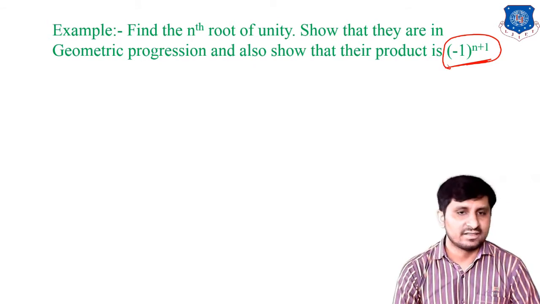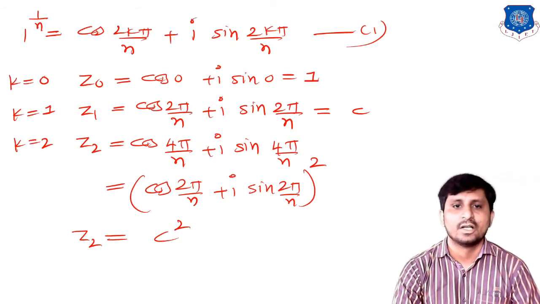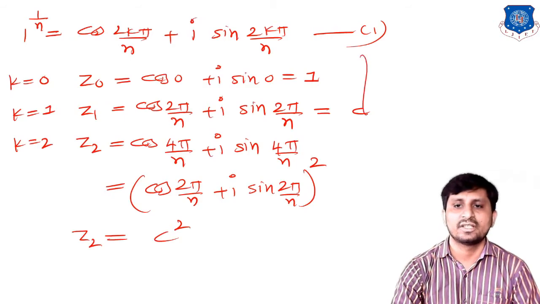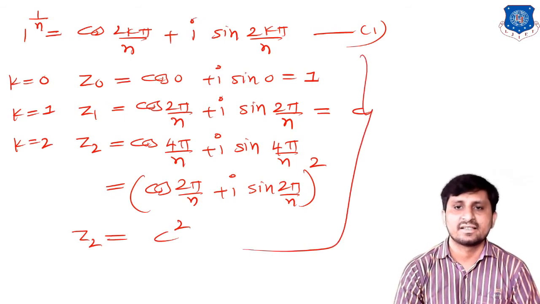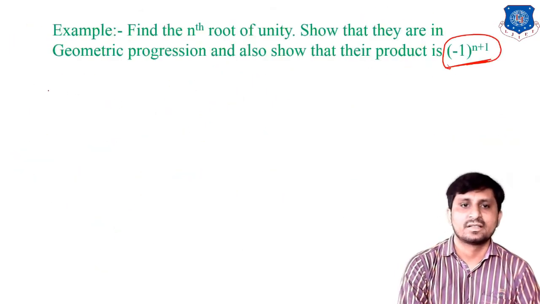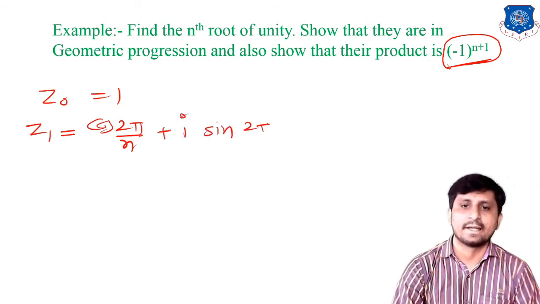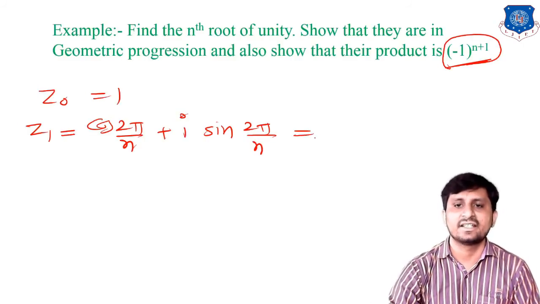So up to this, see all the terms, z0 is equal to 1. Okay, so I just write all these terms as they are, z0 that is equal to 1. Okay, here also z0 is equal to 1. What is my z1? Okay, z1 is cos 2 pi by n plus i sin 2 pi by n. And now can I write cos theta plus i sin theta, that is exactly e raised to i theta.